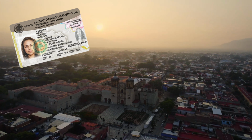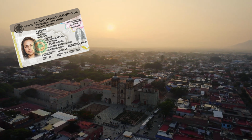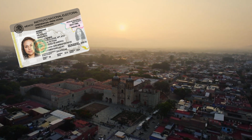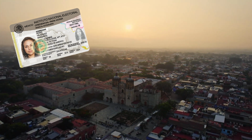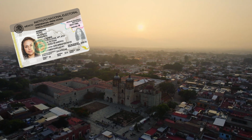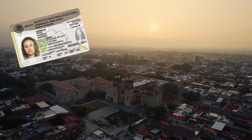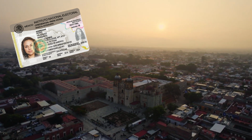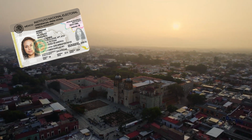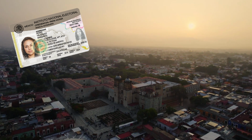In today's video, we're going to explore the Mexican INE, the Instituto Nacional Electoral, which manages the voter registration and the issuance of the voter ID card known as the Credencial para Votar. This document is not just for voting, it's one of the most widely used forms of identification in Mexico. If you spend any time in Mexico, you've seen people whip out their INE card. So in this video, let's delve into what the INE is, its importance, how it's structured, how to get one,